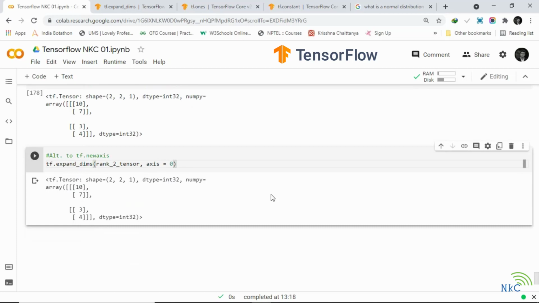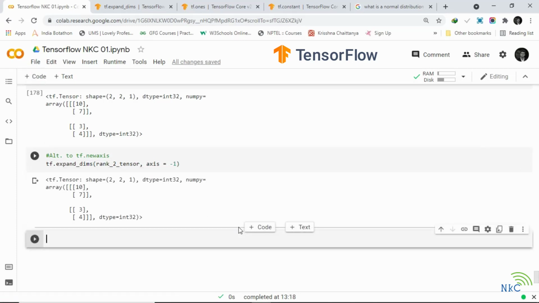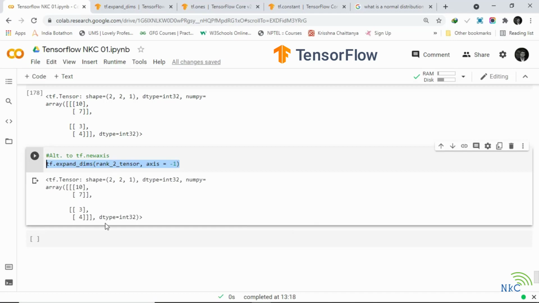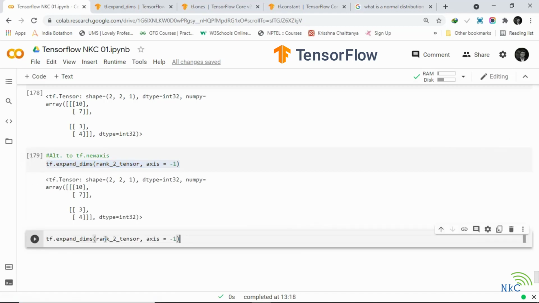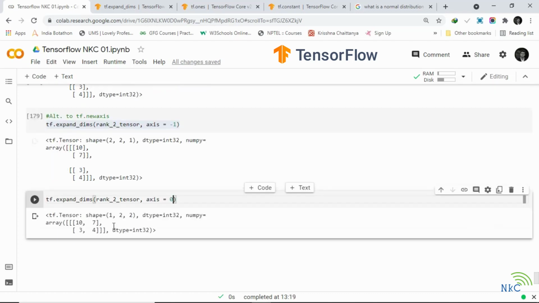So if we come back here, what do you think will happen if we go axis=0? So look at our shape there. What I might do is keep that there. We are going to retype this out, tf.expand_dims rank_3_tensor. We want as much practice writing TensorFlow code as possible, right? So expand the rank 3 tensor with axis=0. So let's try that. So now instead of being on the end, our extra dimension is at the front.